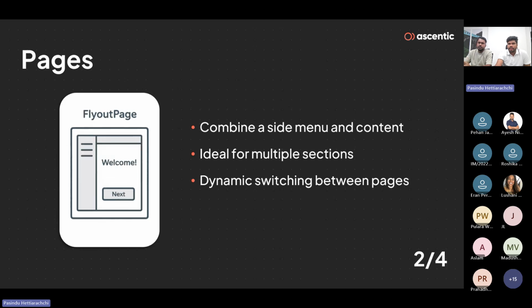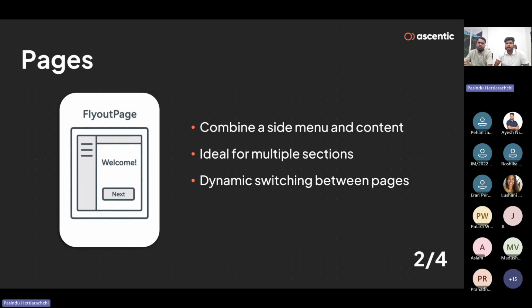Let's move into the other page, which is the flyout page. This page combines a flyout, which is a side menu, with the content page. Here, if you can see in the example, you have the content page, and on the left side, you have a side menu. For example, if you have a page with multiple sections, let's say around 10